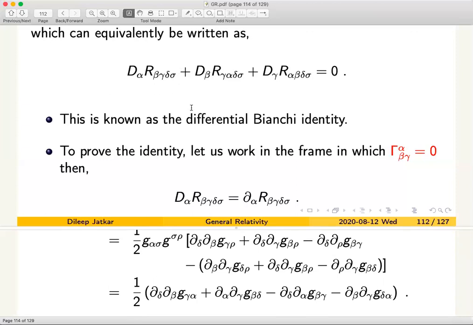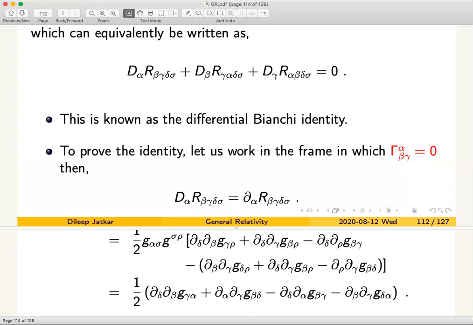Okay, they are different indices, but you know how to deal with the indices now. So to prove this identity, our life is simpler if we work in the gamma equals 0 frame. Since this identity is covariant with respect to general coordinate transformation, it's a fifth rank tensor being set to 0. So if we show it to be true in one coordinate system, we don't need to do this exercise again in any other coordinate system. Our job is done once and for all.